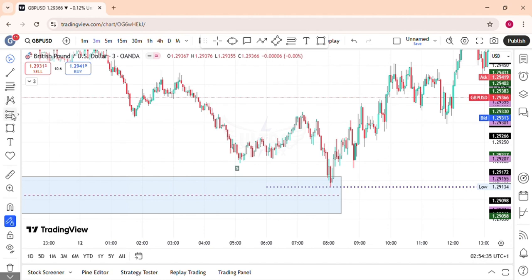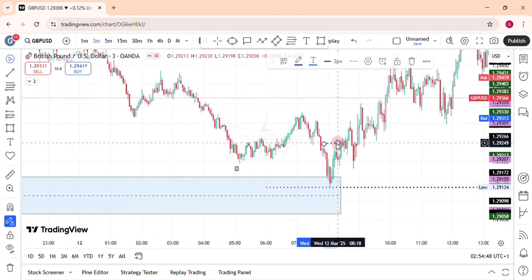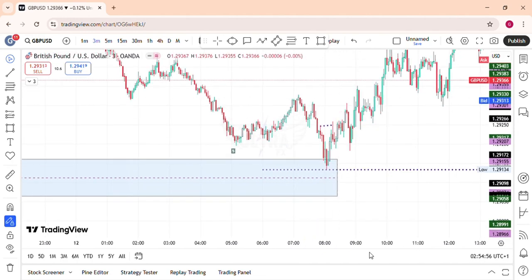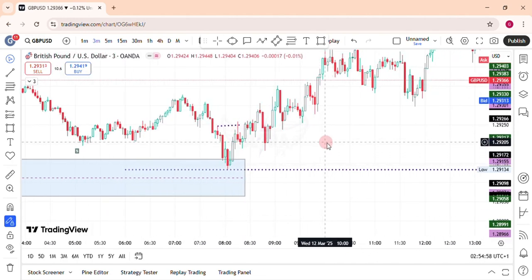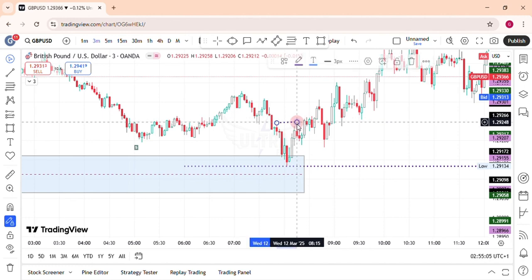So the next thing we should be looking for is our break of market structure. As you can see, this is a high here. Price broke that high. After price broke the high, it also closed above it right here. All these candles closed above this previous high. Now we are anticipating that price should come back and look for any fair value gap to tap into it and move to the upside.